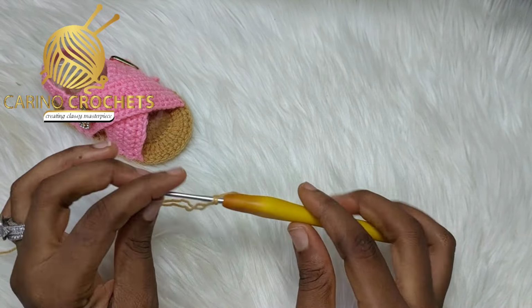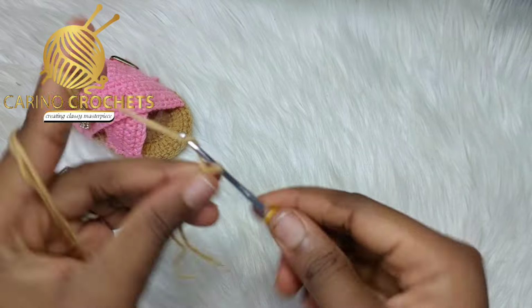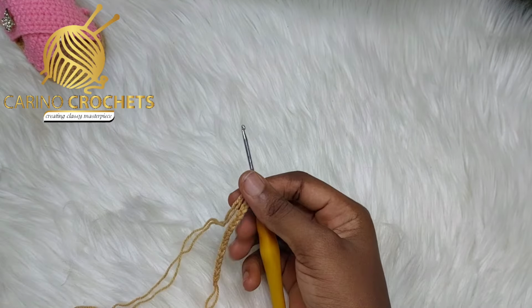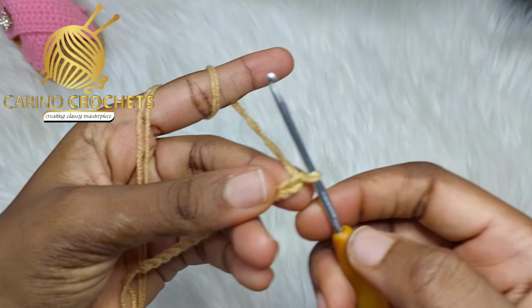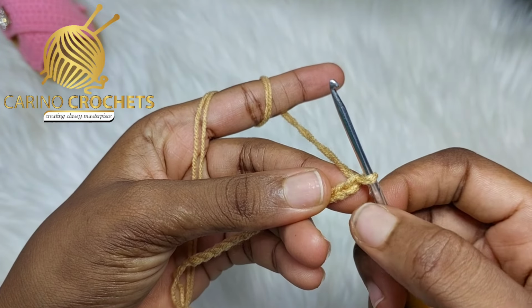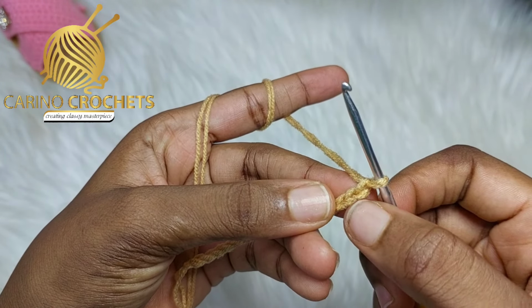1, 2, 3, 4, 5. I'll go ahead and complete my chain. So I have my 16 chains made. This is what I have. So starting from the second chain from the hook, this is not a chain, this is our first chain, and this is the second. So I'll go right inside the second chain